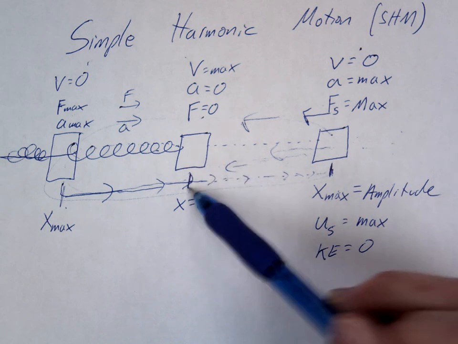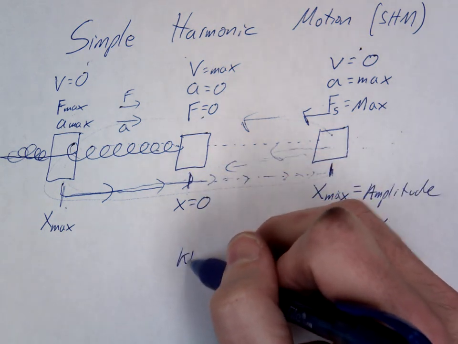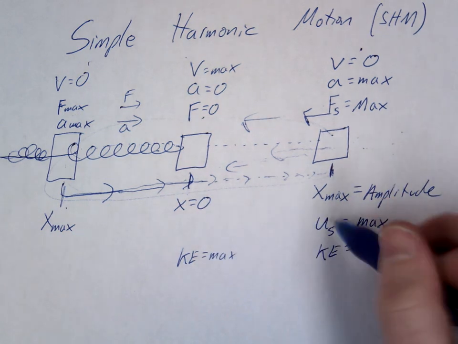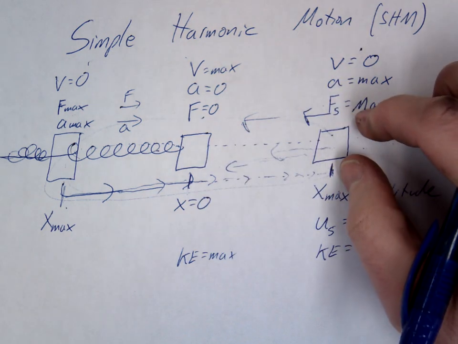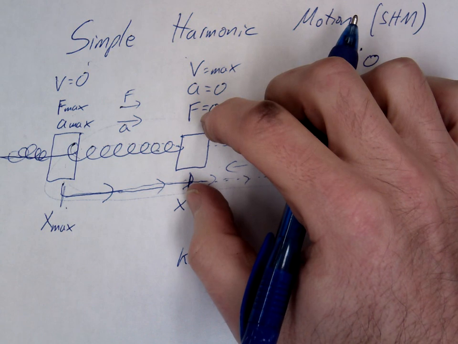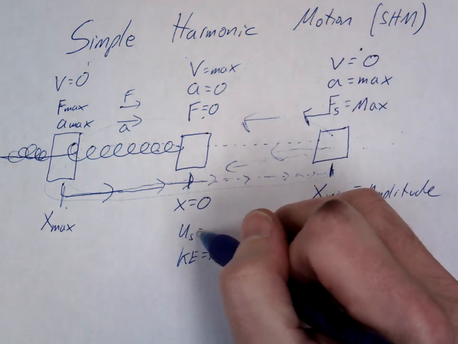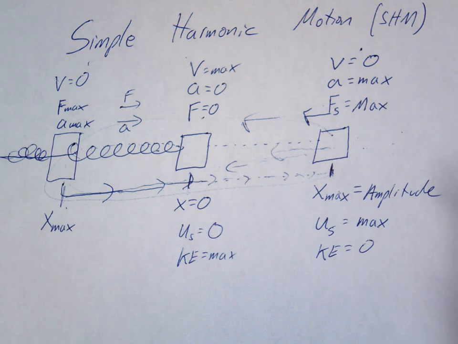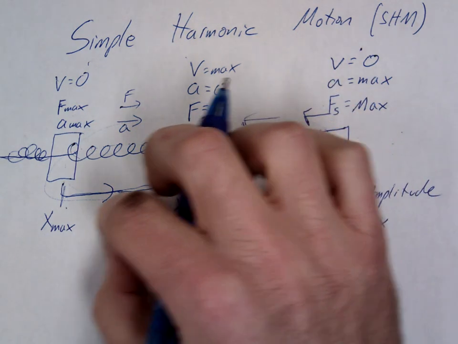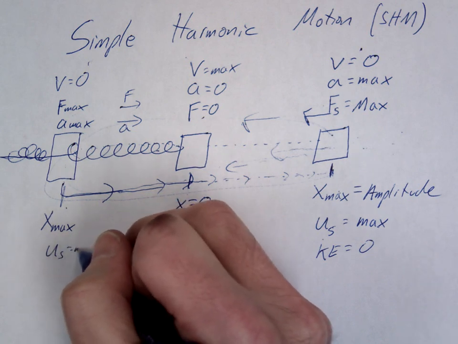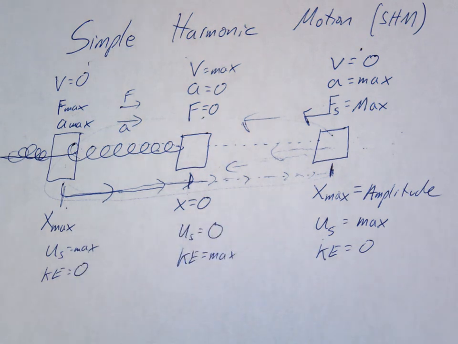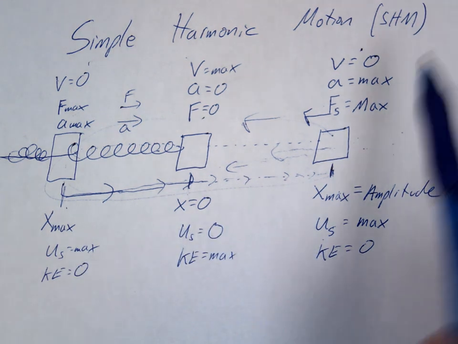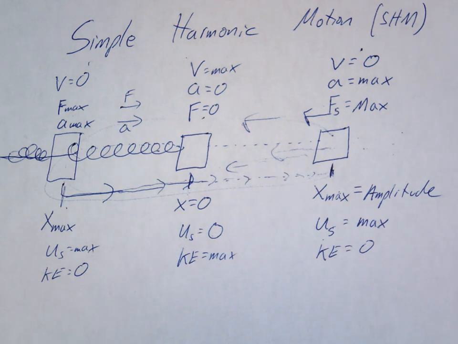Until it reaches this point, all of the potential turns into all the kinetic. So if I had 5 joules to start with here, I must have 5 joules at this point. Okay? And my US would therefore be what? 0. And the same thing happens here. It's going to start compressing. It's going to start storing energy. My US is going to be a max over here, and my KE is 0, and so forth. Okay? And then this would just repeat itself back and forth, back and forth. All right, so that's the basic concept for the